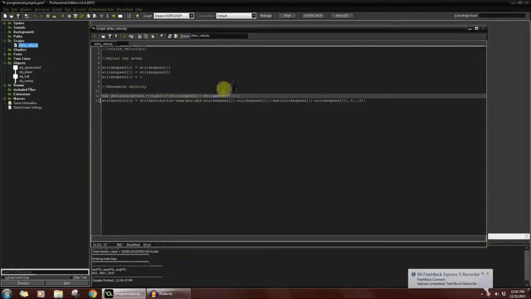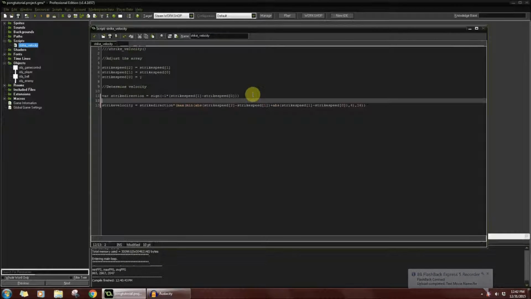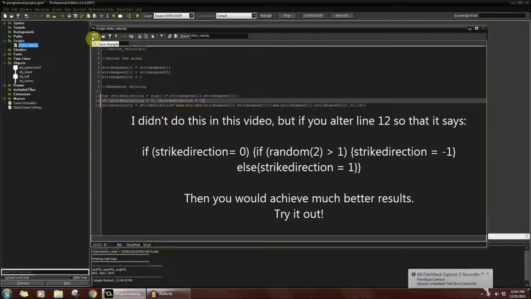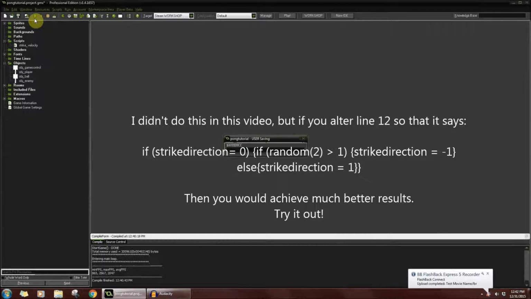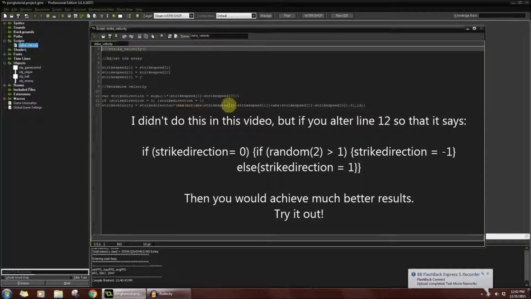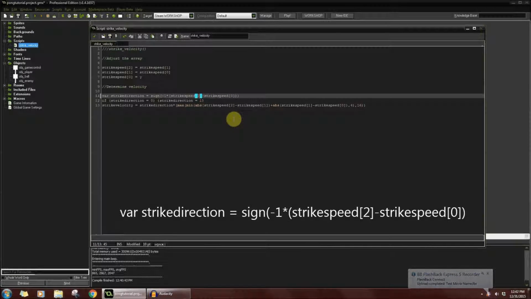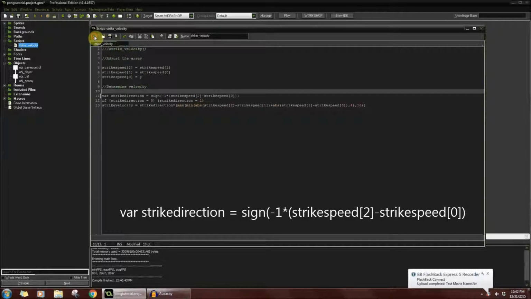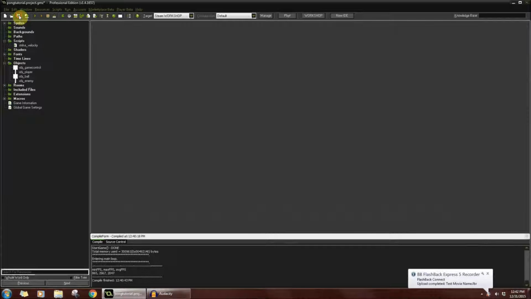And let's just also say that if strike direction is equal to 0, strike direction will be equal to 1. And that should also prevent the ball from stagnating. Actually, you know what? One other thing I'm going to do is make this strike speed 2 minus strike speed 0. And so that should give us, excuse me, that should give us some greater leeway here